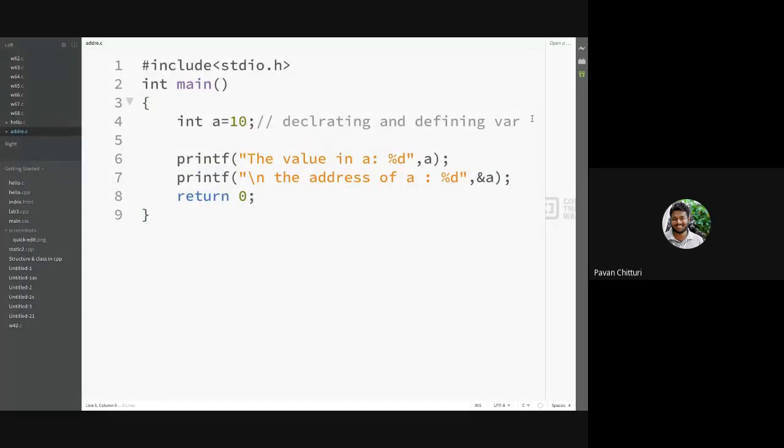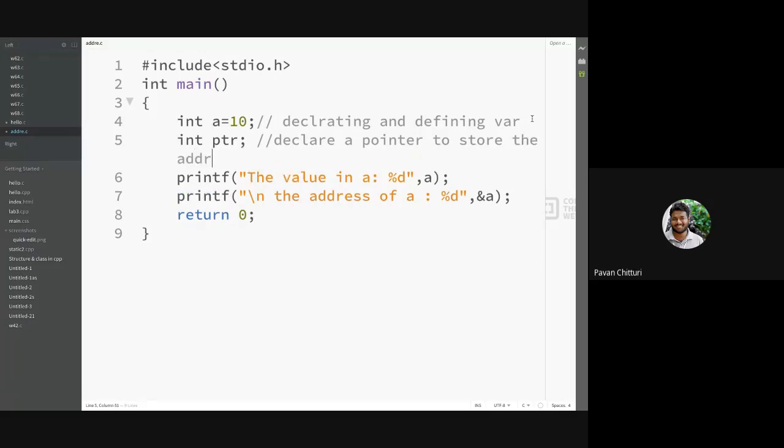Now I want to declare a pointer of integer type, to store the address of an integer variable. So int star ptr. For that, we need to use the star operator, and that star operator should be present here. So this is how you declare a pointer.